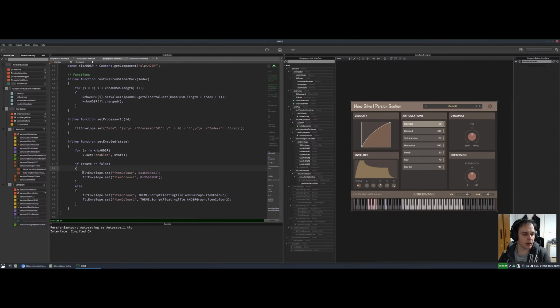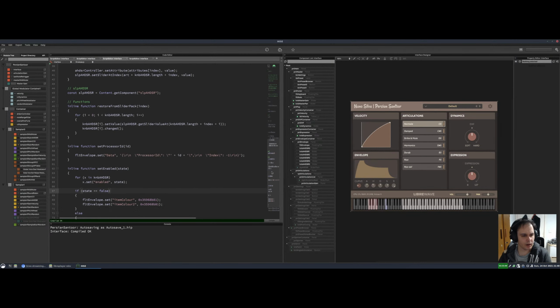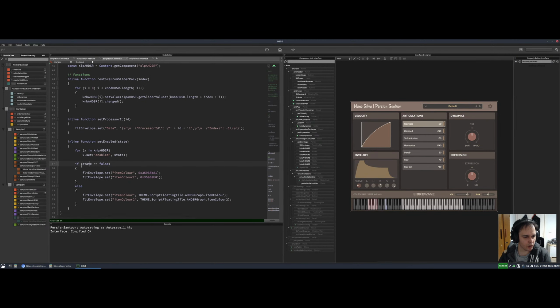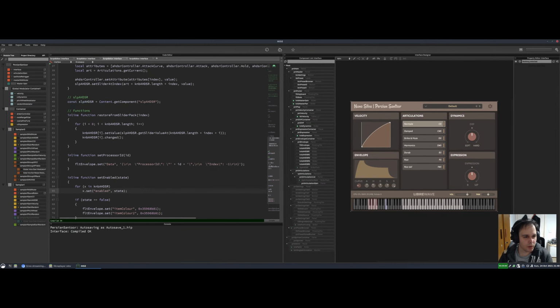And I do things like I'll always use camel case with a lowercase on the first character and stuff like that. Now there's something I wouldn't usually do. See, I've got that saying if state equals false. Usually I'd do a shorthand, and I'd just use an invert operator and do that. But sometimes that's a bit easier to read. It doesn't matter too much, but